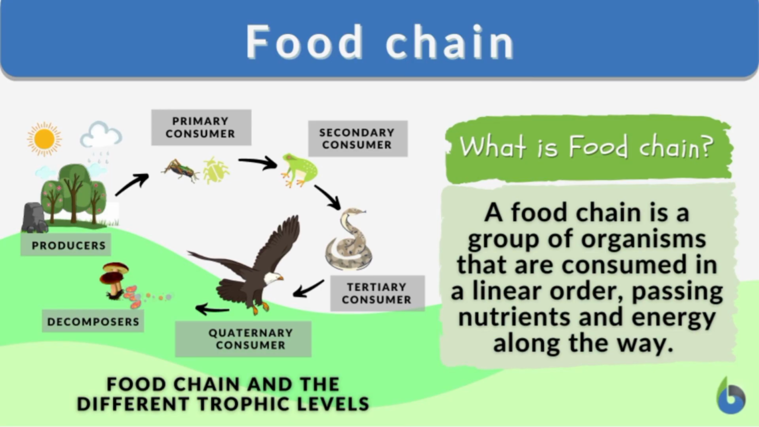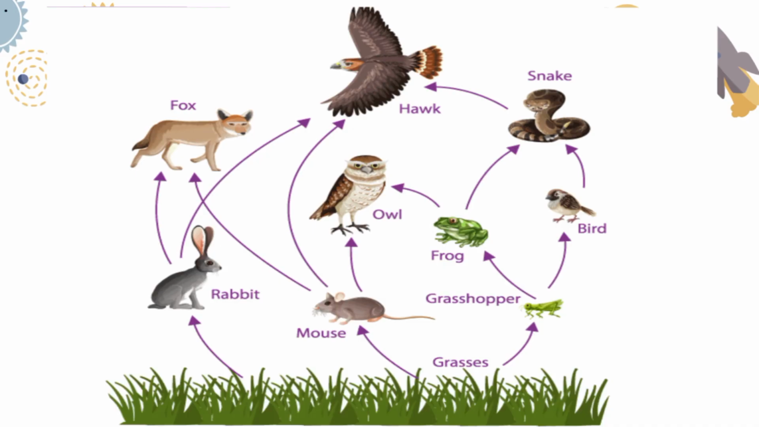Now, what is food chain? A food chain is a group of organisms that are consumed in a linear order, passing nutrients and energy along the way. Or you can say that food chain shows the relationship among organisms and the transfer of energy among organisms. As you can see in the picture,